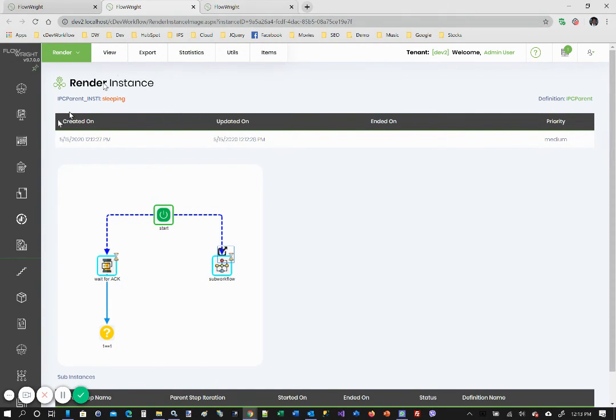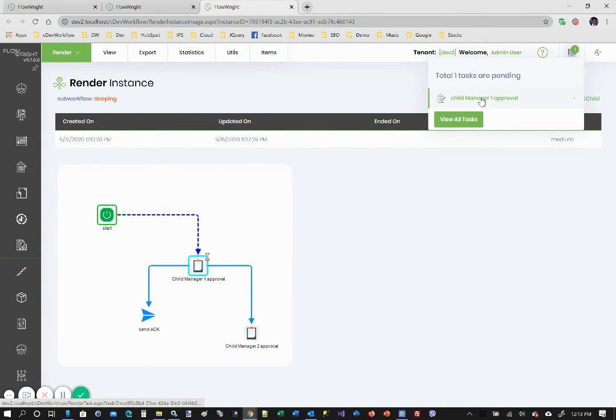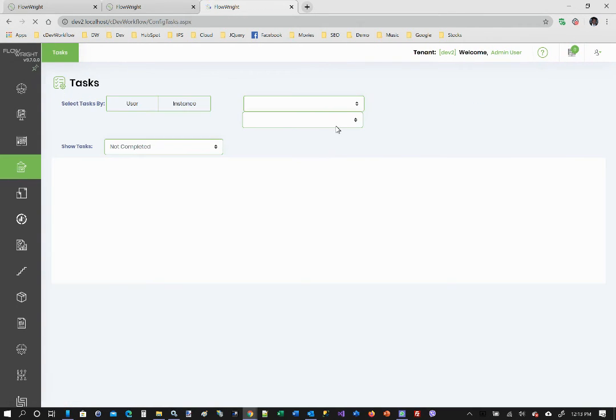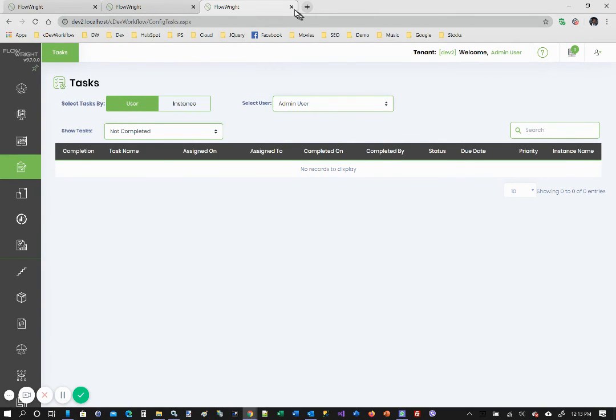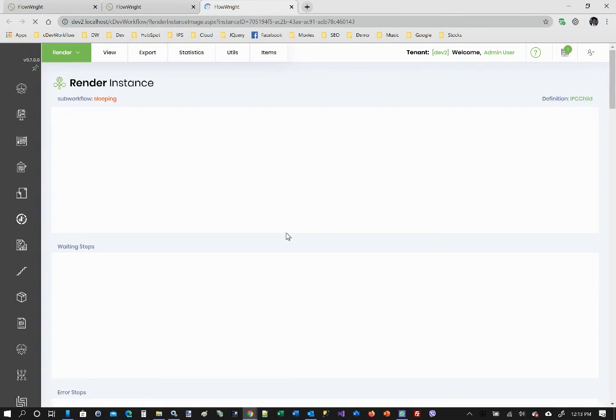So let's go ahead and do that. I'm going to go into my tasks here. You can see child manager 1 approval, and I'm going to approve that step. Once we have done that, you should see that the parent will send that back. So you can see immediately this changed and this got executed, and the child workflow is still waiting here because